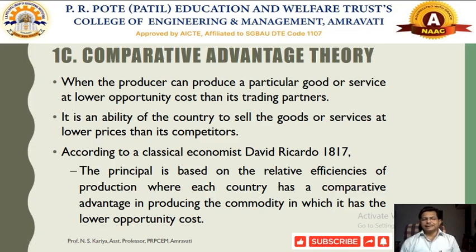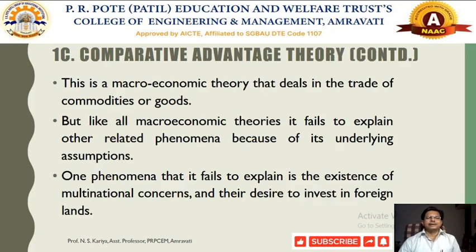Now it is advantageous to that particular nation to produce as many goods as they require, whatever form of commodities or goods they would require, based on their production capacities. This theory is also called a macroeconomic theory because it deals with the trade of commodities and goods. In it, nations are supposed to be self-reliant, so they will produce more, with sufficient infrastructure available to produce a larger quantity of goods and services.